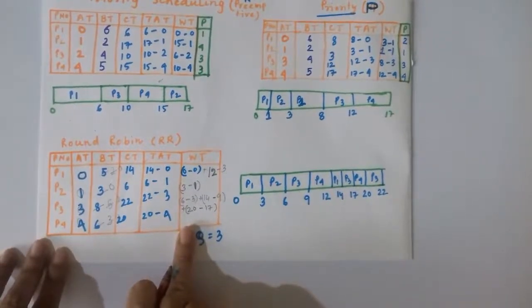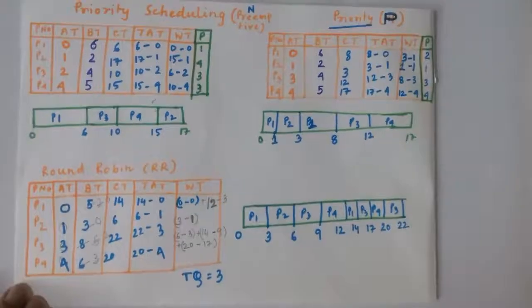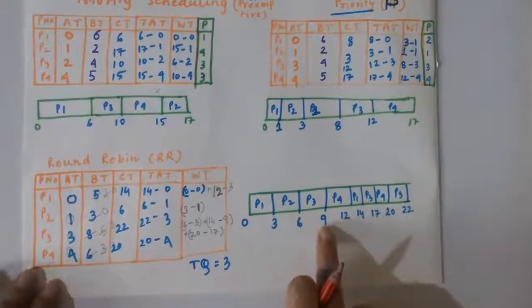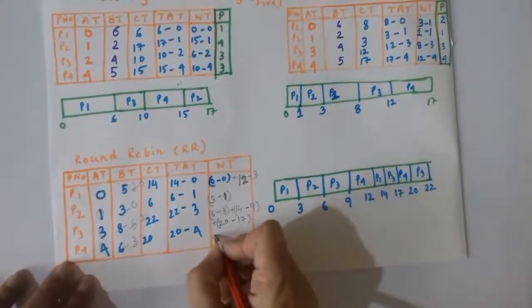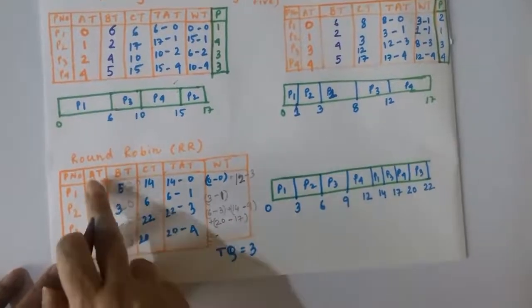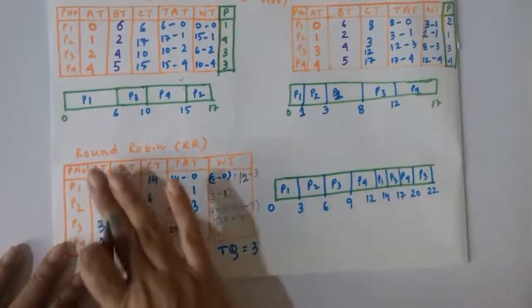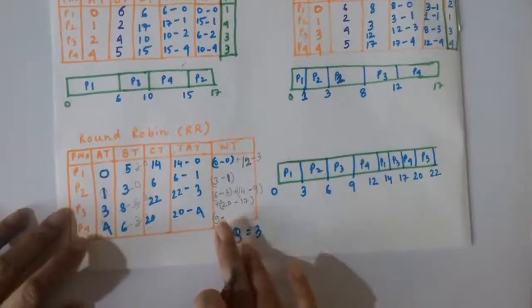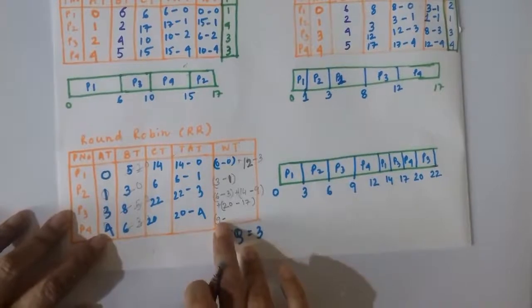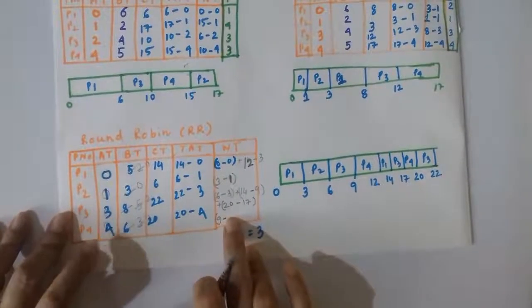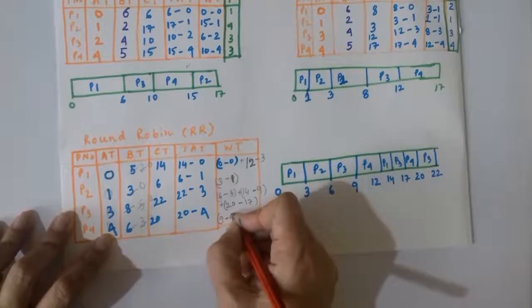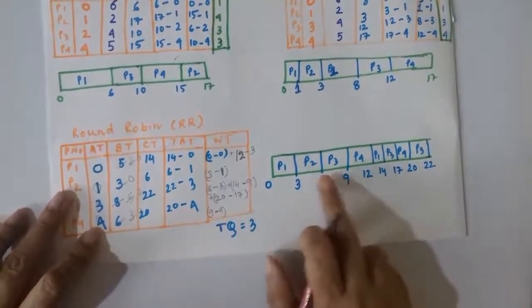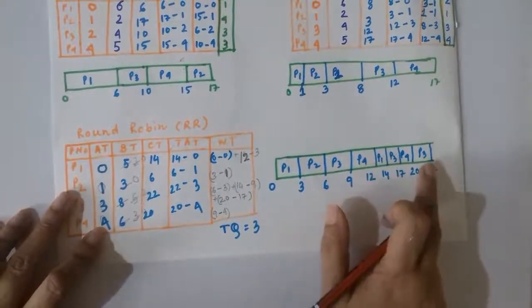Okay. Now for the fourth case, it is P4. So P4 has started executing here at 9. Hopefully you are clear with arrival time, because every time I have calculated with 0 and with some arrival time. Here I didn't do it 2 times. Hopefully it is not confusing you. So 9 minus 0 if arrival time is 0. 9 minus 4 if suppose some arrival time was given.